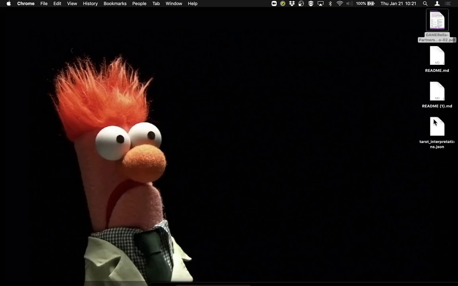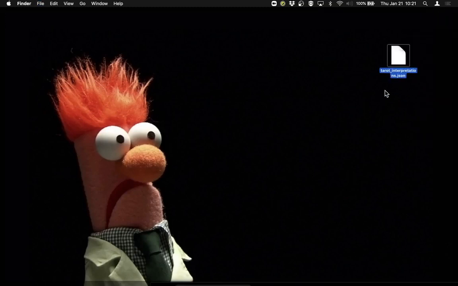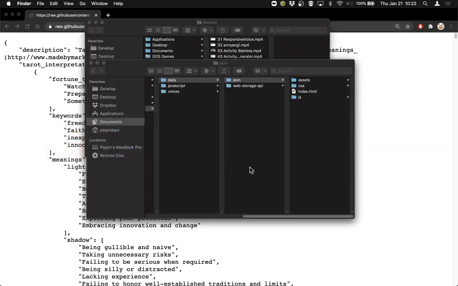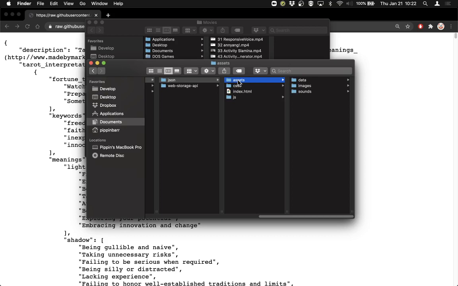So there it is there. Oh, let me delete these files. We don't really need those. So we've got tarot interpretations.json. The next thing that I want to do is copy that into the project that I'm working on. Now, I'm working in a template p5 project that I've just called JSON, and I'm going to copy it